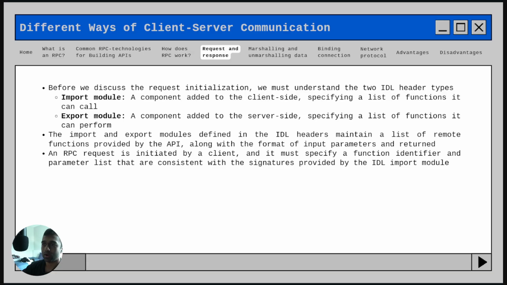And let's talk about our request and response. So before we discuss the request initialization, we need to understand the 2 IDL header types. We have an import module, a component added to the client side, specifying a list of functions it can call. And then we have our export module, a component added to the server side, specifying a list of functions it can perform, right? And the import and export modules defined in the IDL headers maintain a list of remote functions provided by the API along with the format of input parameters and returned